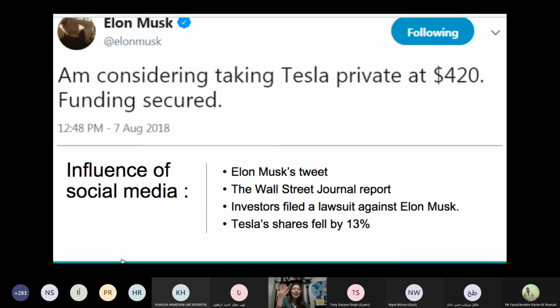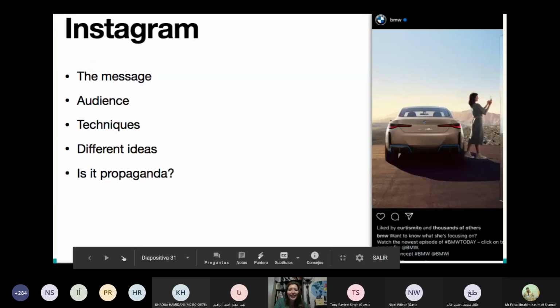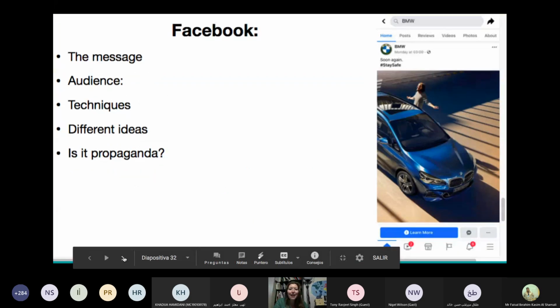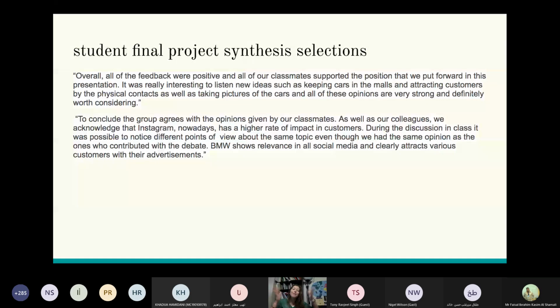They looked at Elon Musk tweets via Twitter, looked at his influence on social media, Instagram, and also Facebook. And also kind of played with the idea of, are certain ideas propaganda? And then, of course, once they did their presentations and got the feedback from their peers, and then they